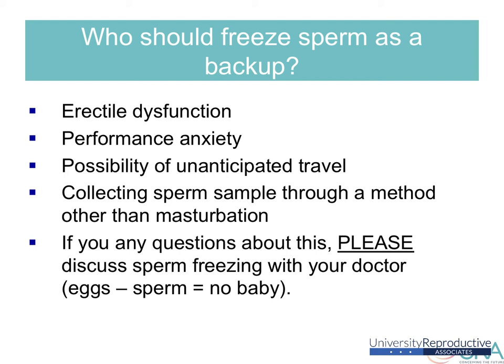A man should strongly consider freezing if he has erectile dysfunction, performance anxiety, or any other condition that may make it difficult for him to physically produce a specimen when necessary. If there is the possibility of unanticipated travel around the time of the egg retrieval, we strongly recommend freezing as